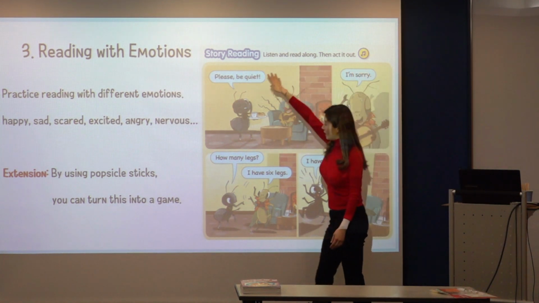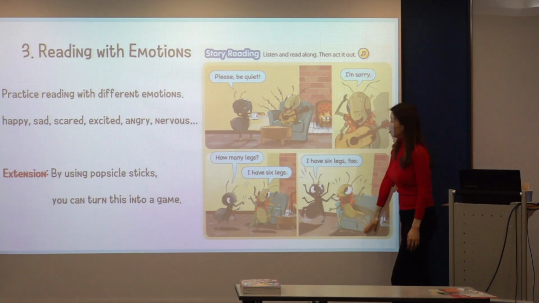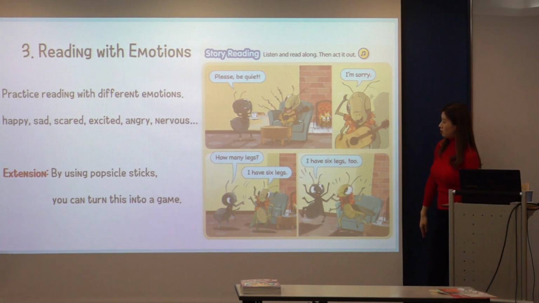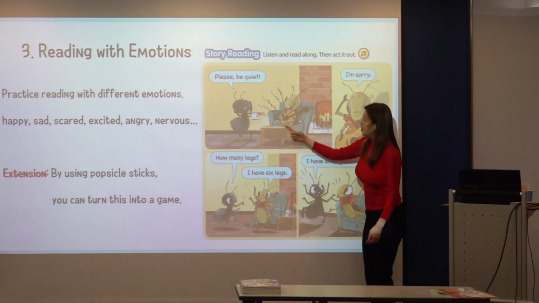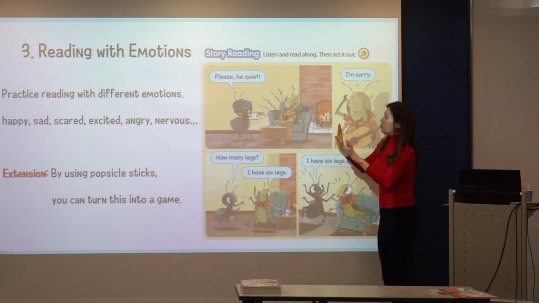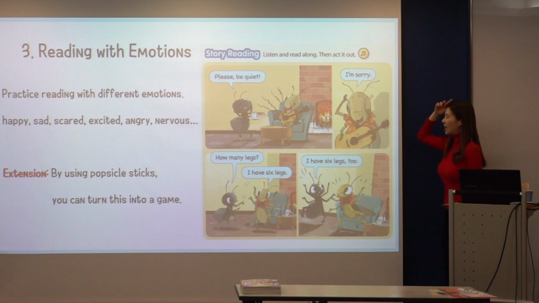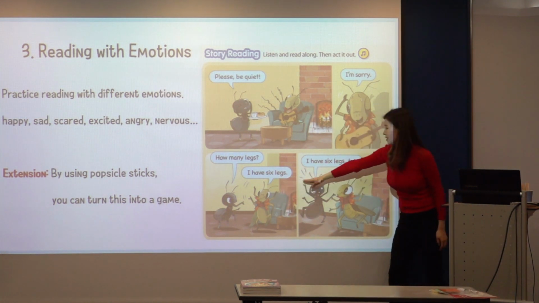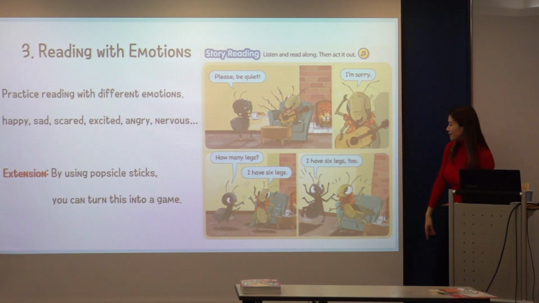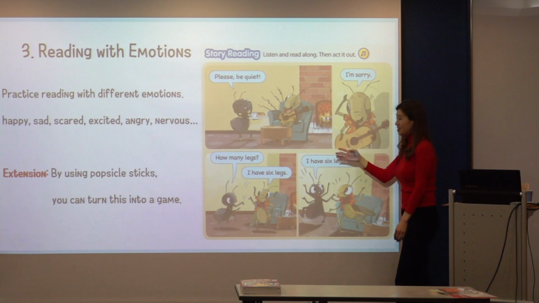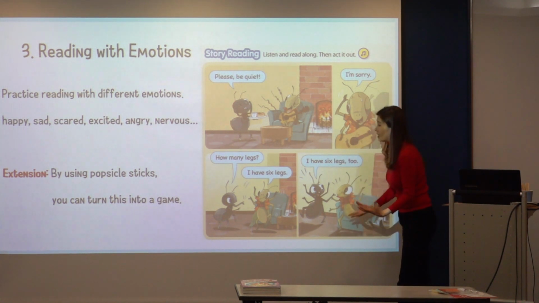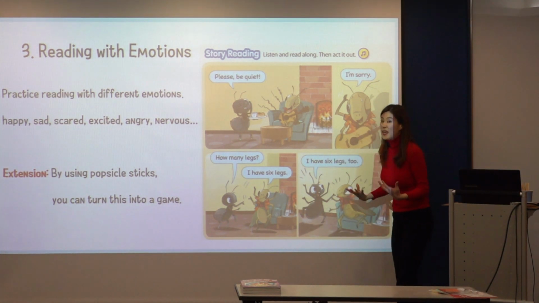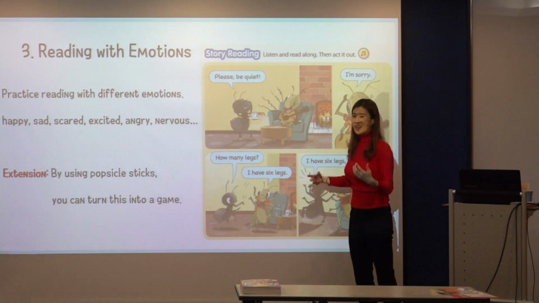But what we are going to do with these emotions is reading. This is the story that you just read with your student. You know this story ends in the grasshopper. The ant said, please be quiet. I'm sorry. Oh, how many legs? I have 6 legs. I have 6 legs too. This is the story. But this time, the student will read this story with a happy feeling, okay? Say